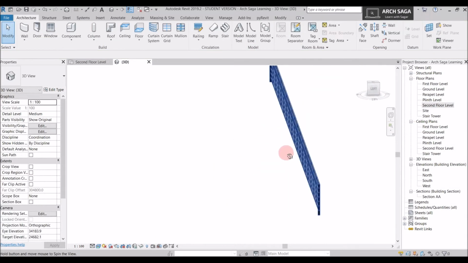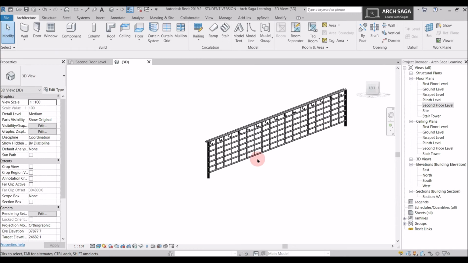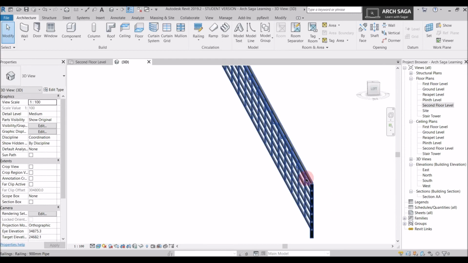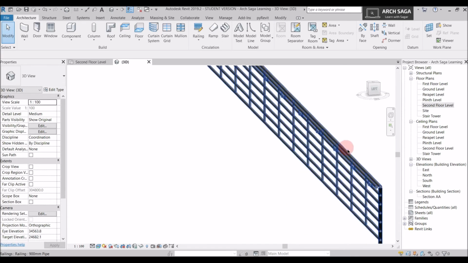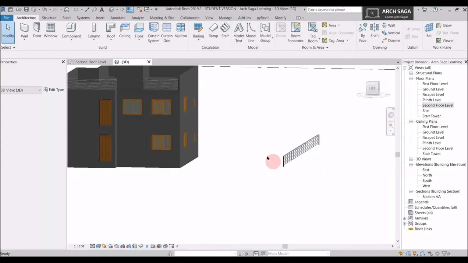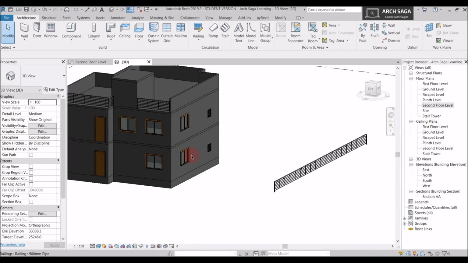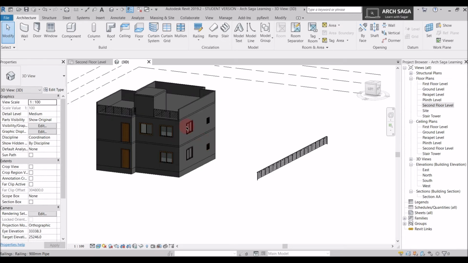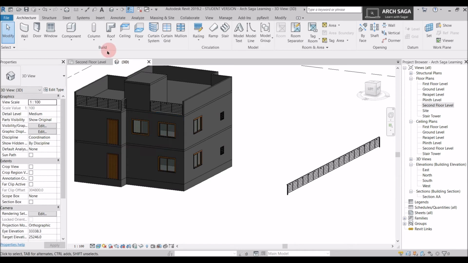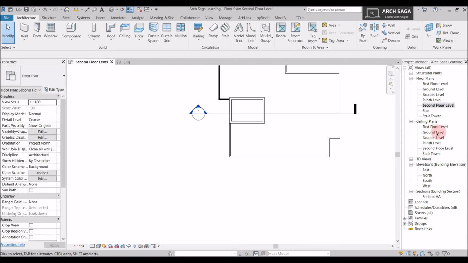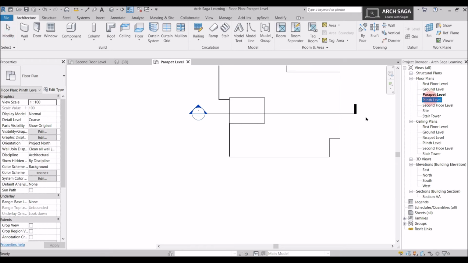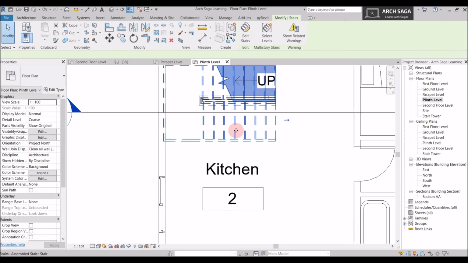So I can see a handrail here. So it is better when I have a wall here, so while walking I can use a handrail also. We will go to our staircase and we will add a railing there and see how we can change the railing types there. So what I'll do, we already have a staircase here. I will go to my first floor level, or say parapet, the plinth level, and I will just open a